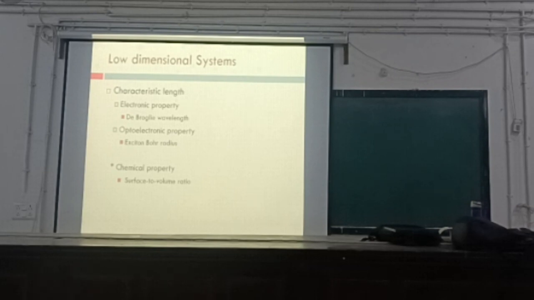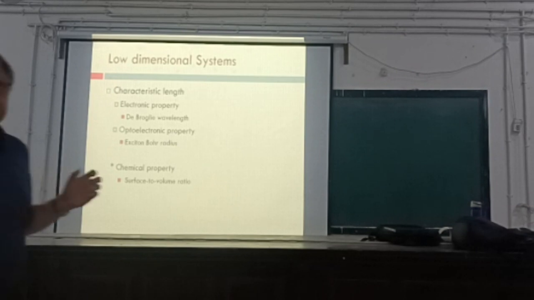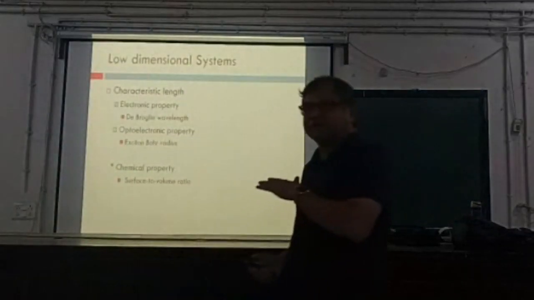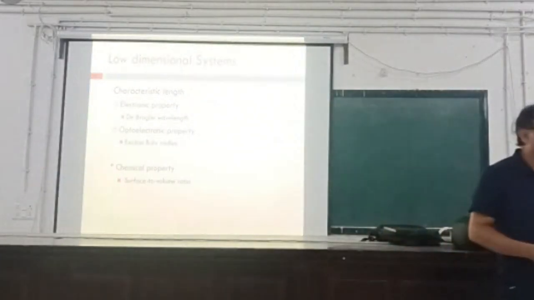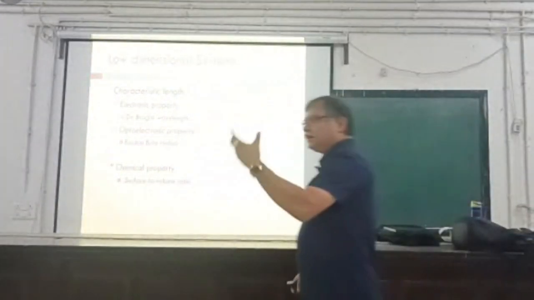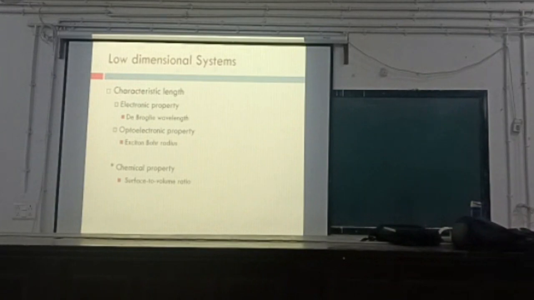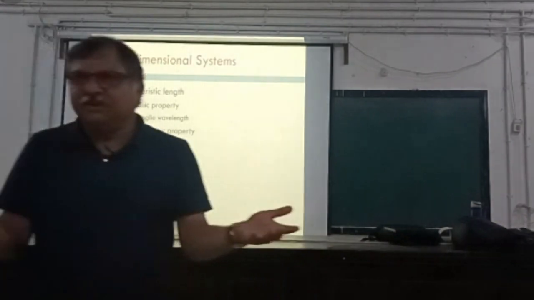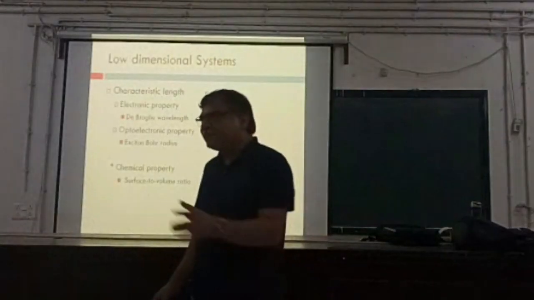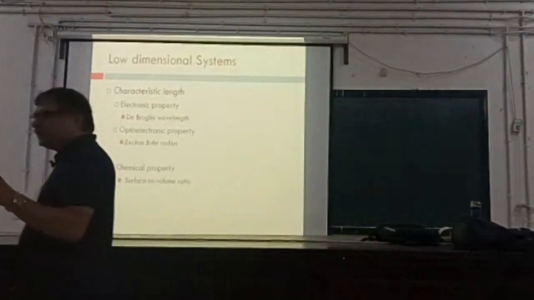Calculate for silicon, the exciton radius is around 5 nanometer. The de Broglie wavelength at room temperature for silicon is around 8 nanometer. So if the system size, this semiconductor crystal size, is of the order of 10 nanometer, then we call it nanoscale. Why? Because if you have a semiconductor of say 5 centimeter and you reduce the size to 1 centimeter, almost no property will change. But if you have a semiconductor with say 10 nanometer and you reduce it,